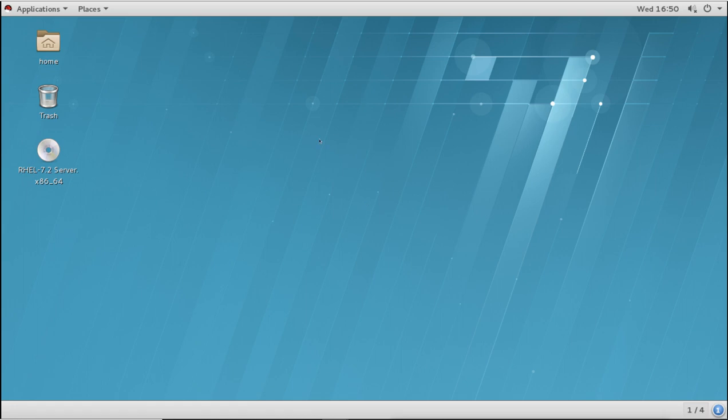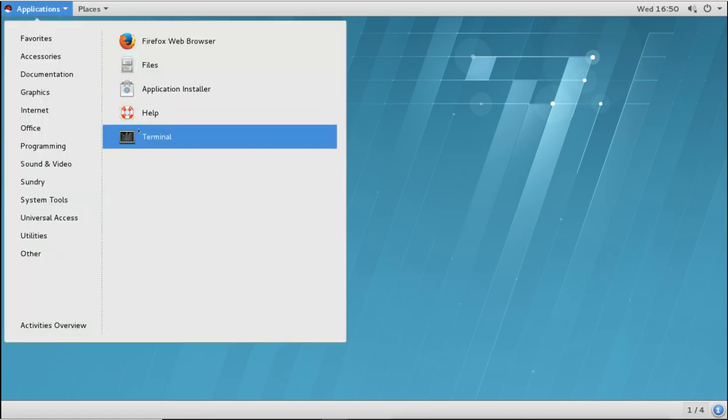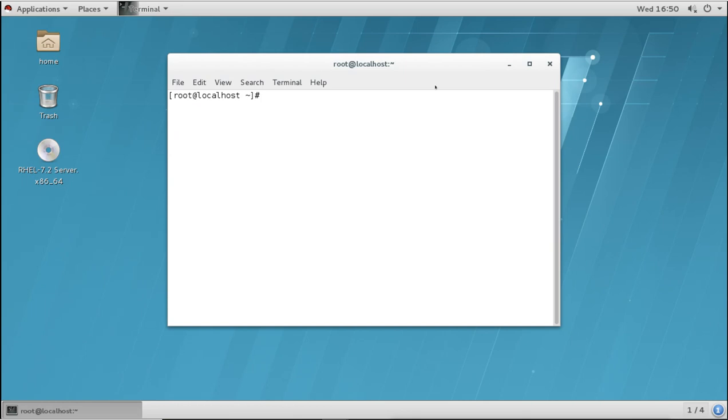So this is our Linux RHEL7, and we have started the installation. We have started the basic commands. We have seen in the previous lecture how we can list the directories' content, and how we can create, modify and edit files. Now today we will see some more basic commands.